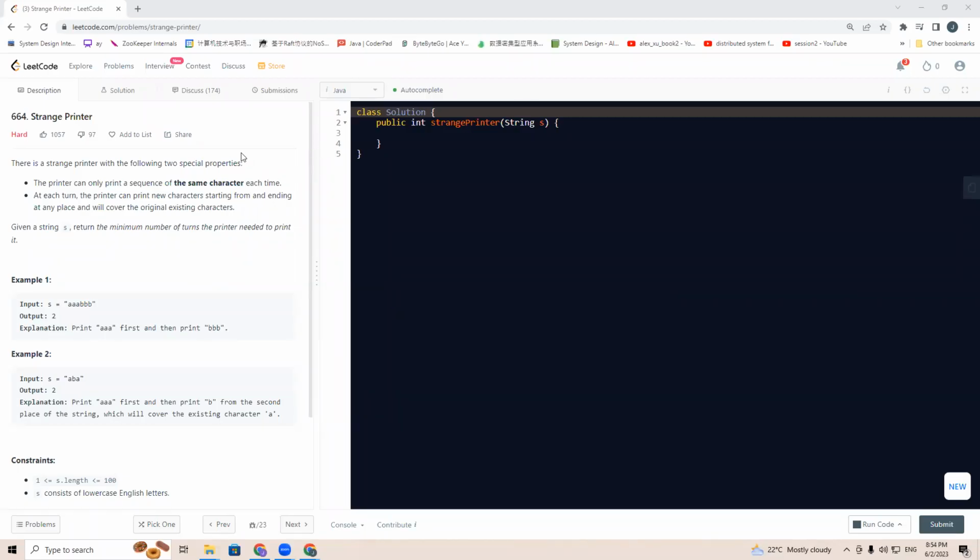Let's go through the code 664, strange printer. There is a strange printer with the following two special properties. The printer can only print a sequence of the same character each time. At each turn, the printer can print new characters starting from and ending at any position that will cover the original existing character. What does that mean is that, for example, for the first time, we can print, for example,